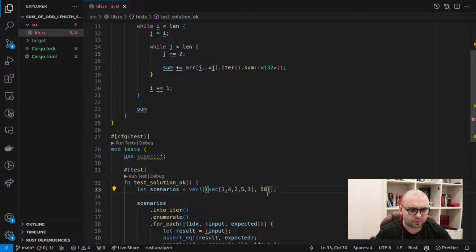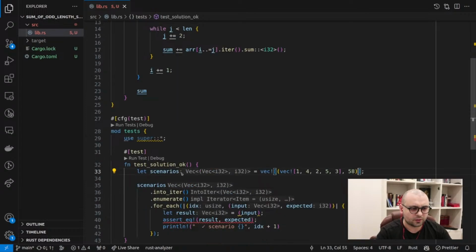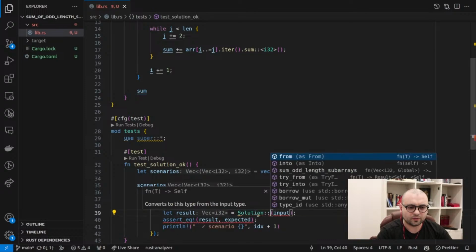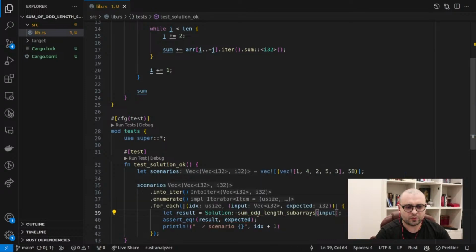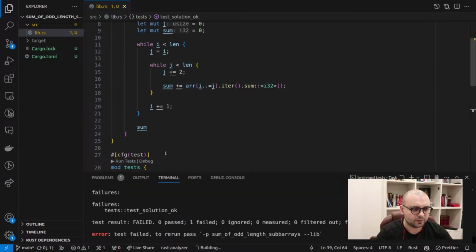What's the trouble? Oh yeah, I have a typo here. Okay, cool. So here we'll do solution of sum of odd length subarrays, and if we do this,